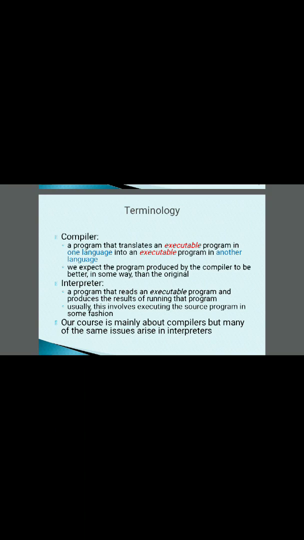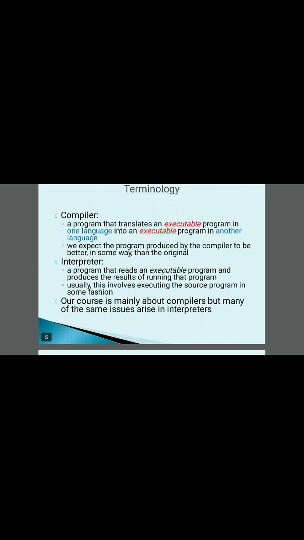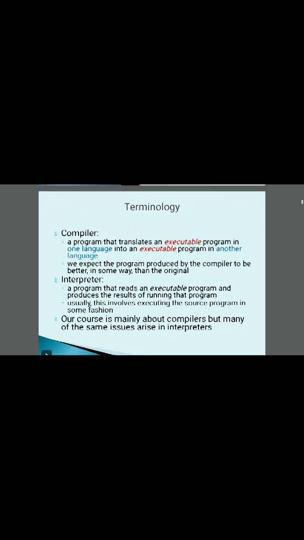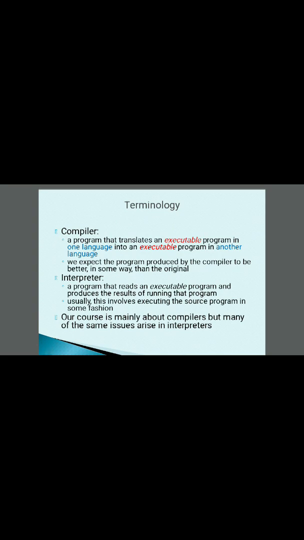Sometimes you can create a program in such a way that you write, for example, a Java program and that can be converted into C code, or C to C, or C++ to C, like that you can do. So our main intention is that whatever your compiler is going to produce, it should be something different from the original. That is our intention here.